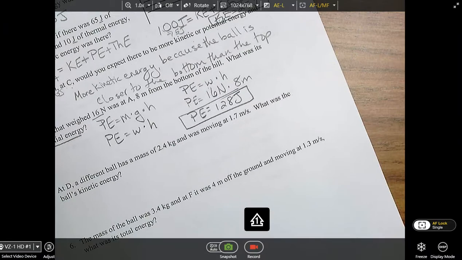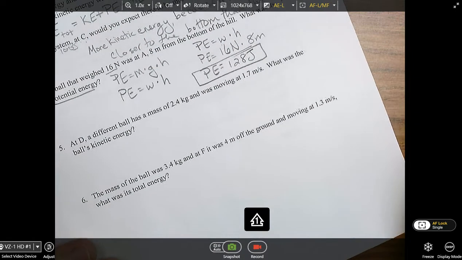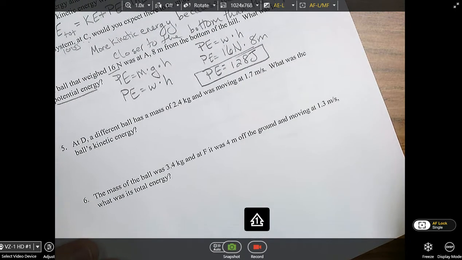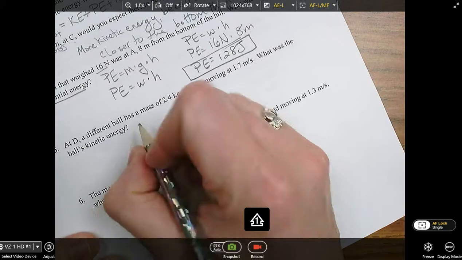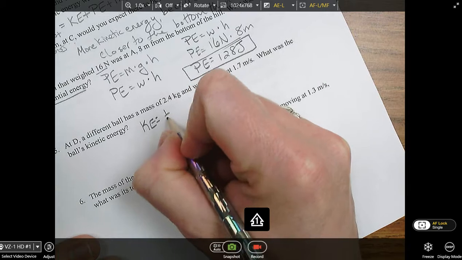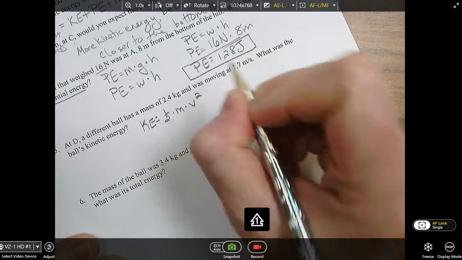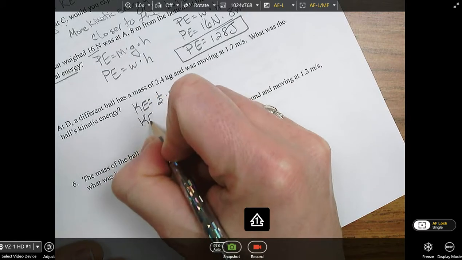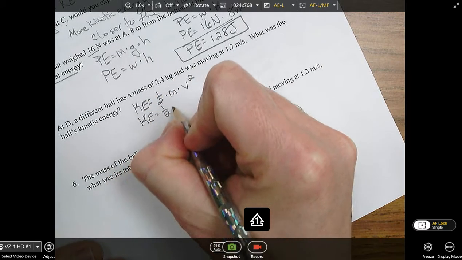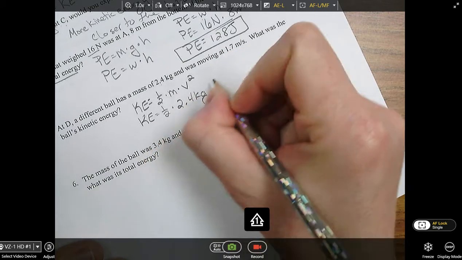At D, a different ball has a mass of 2.4 kilograms and it was moving at 1.7 meters per second. What was the ball's kinetic energy? Again, you need to show your work. One thing that we're really struggling with is if you do not show your work, you're often not going to get it correct. Kinetic energy equals 1/2 times the mass, 2.4 kilograms, times